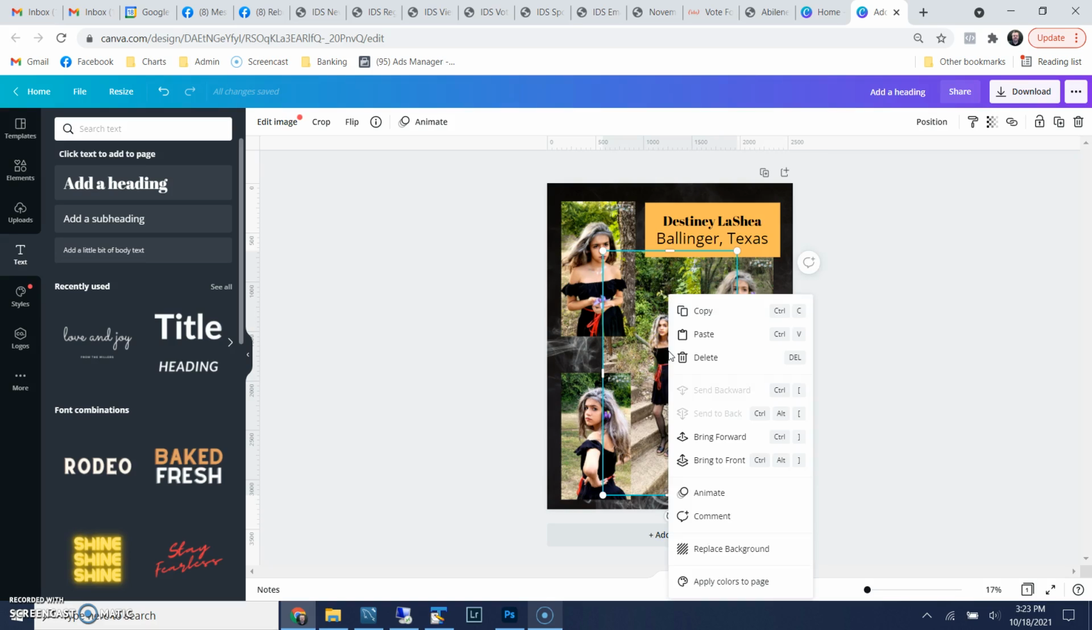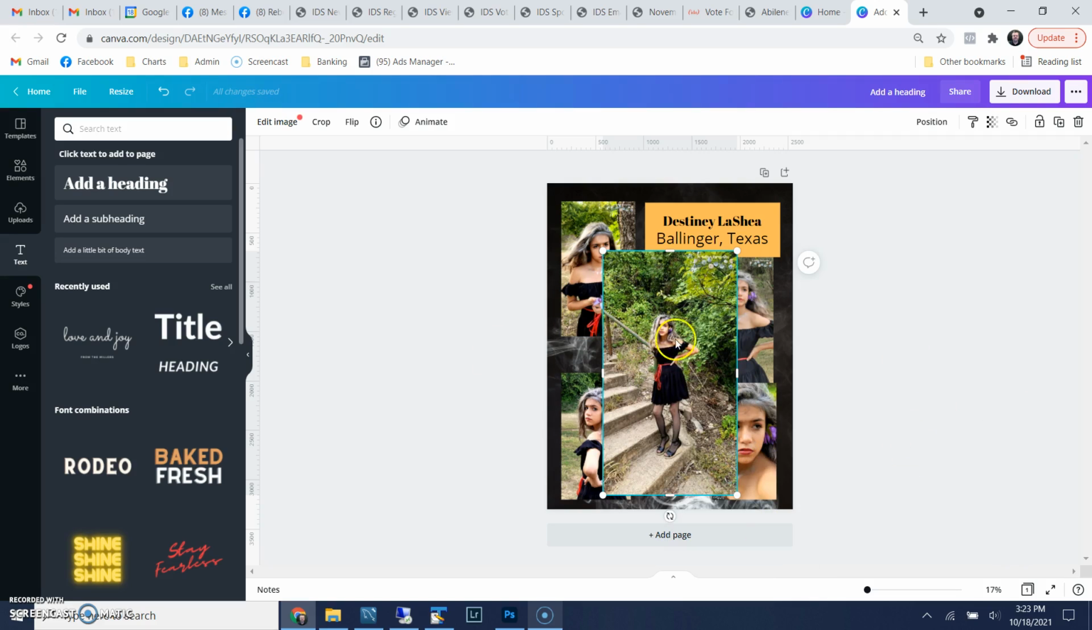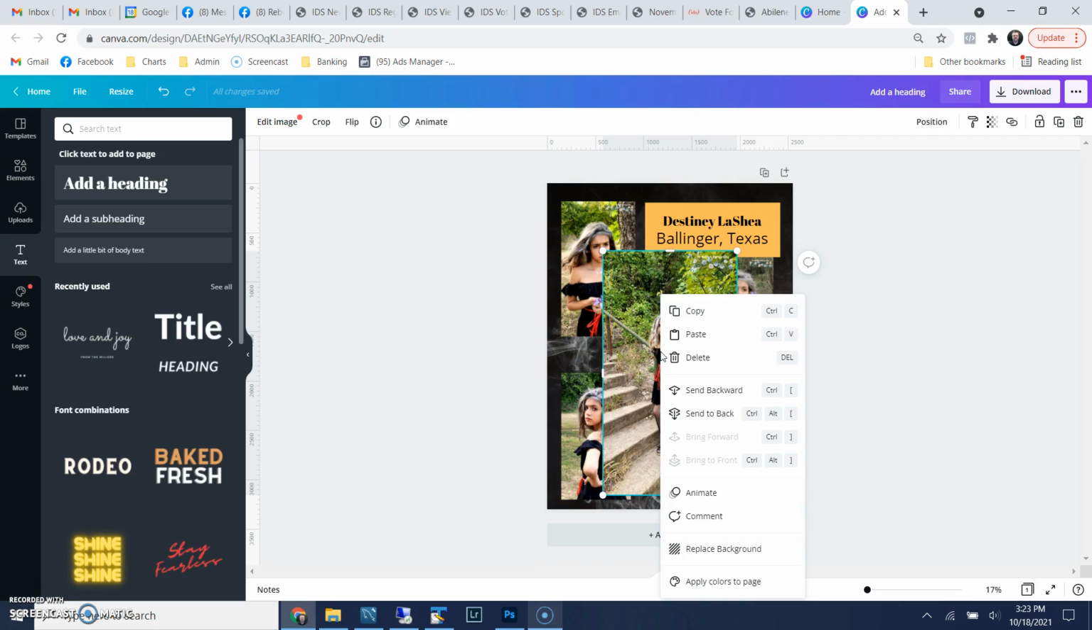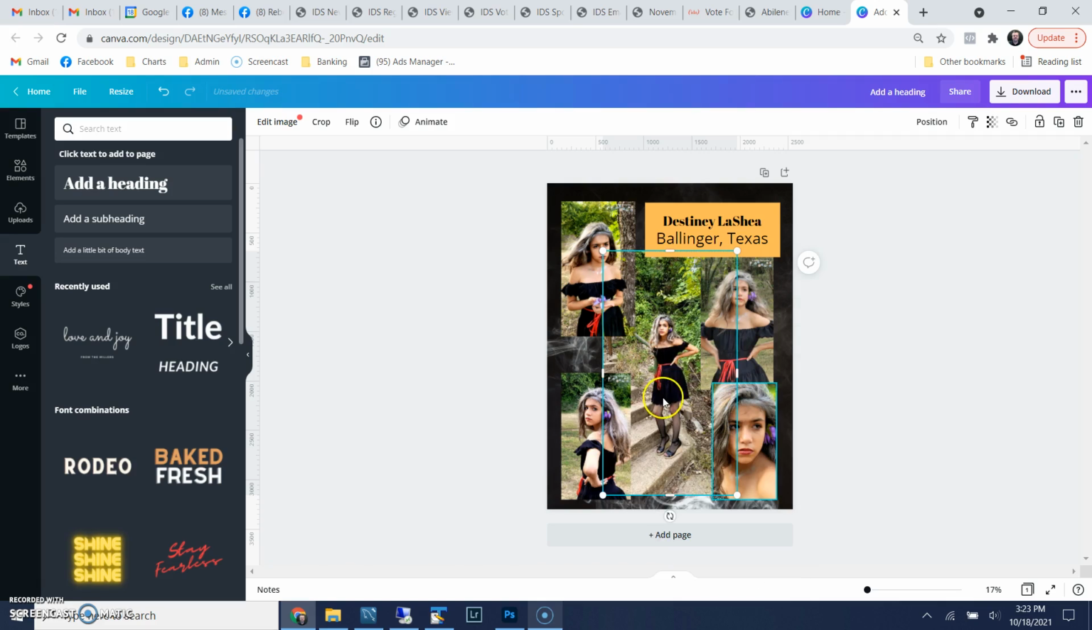Okay. And if I needed to move something around, I could do, like if I clicked on this back one and I right clicked and bring it to front, it would put it on top of everything else. But I don't like that, so I'm going to click it again and I'll put send to back, so that'll send it to the back. Okay, so that's pretty easy. So her page